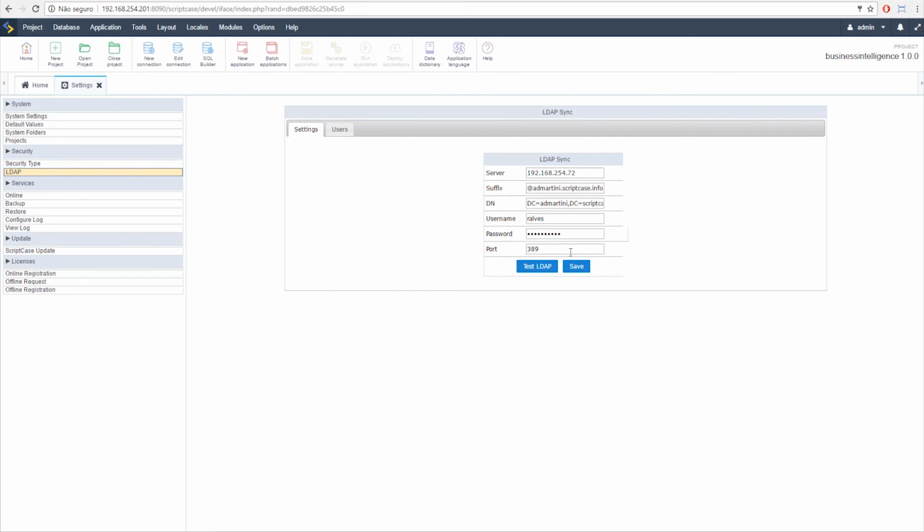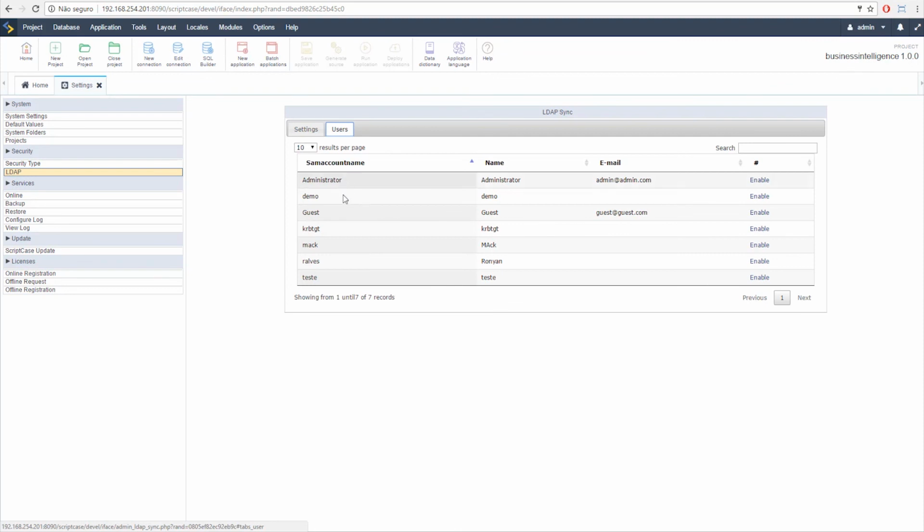So I'm going to apply here, save. I can test also to see if the server is working. It's active, and save. Okay, when I save, I'm going here to users, and it's going to list all the users I have inside the LDAP server. So now these users are going to be my Scriptcase users and not the users I have added before. Okay, so if I enable, for example, this one,